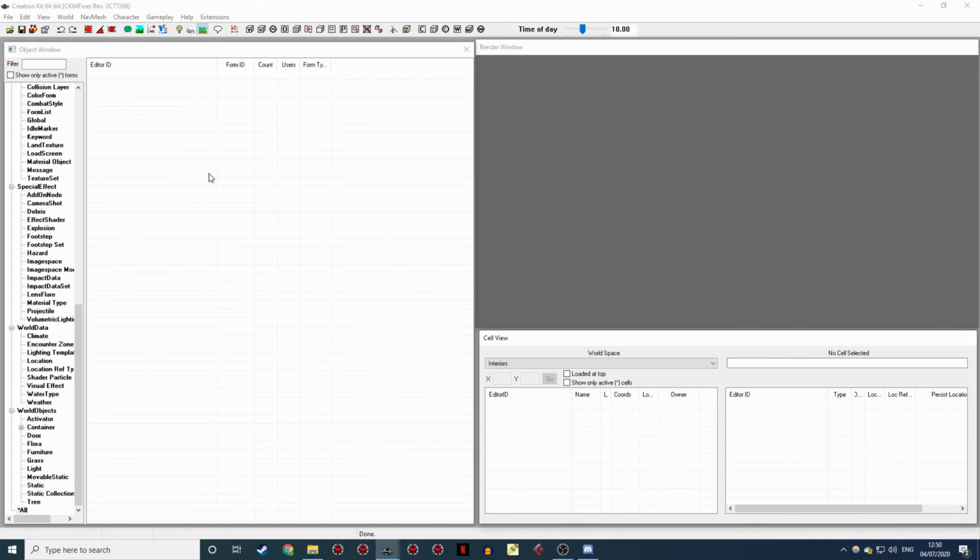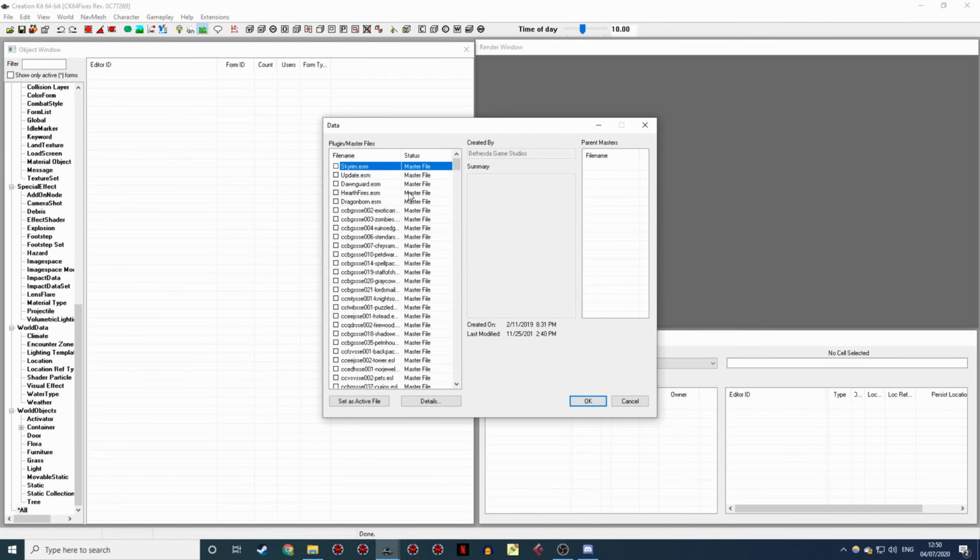Now then, let's dive into the CK! So here we are in the creation kit, and the first thing that you're going to want to do is go up to File and hit Data, which brings up a list of all the plugins you currently have installed in your Skyrim directory. Look at all of these, loads of mods there, but at the top you've got the